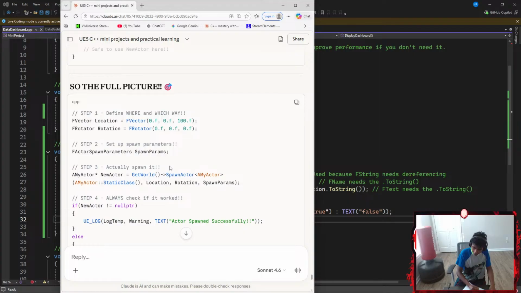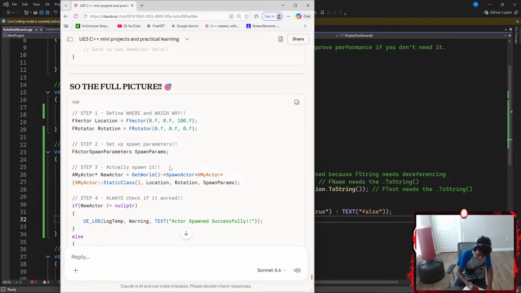Step 2. Set up spawn parameters. Parameters for my setup spawn parameters. FActorSpawnParameters.